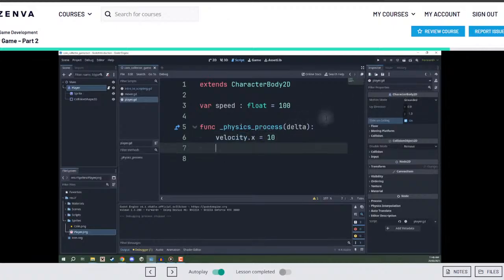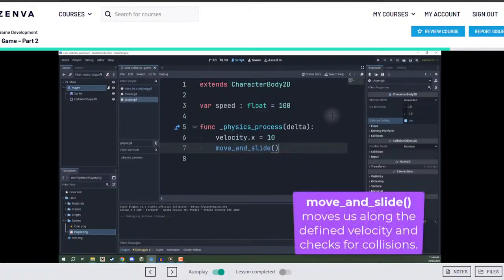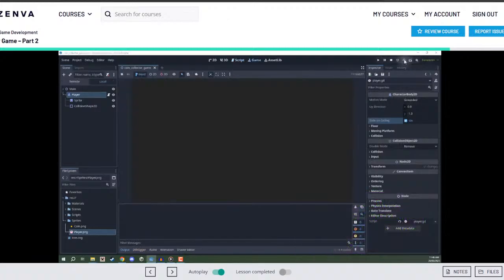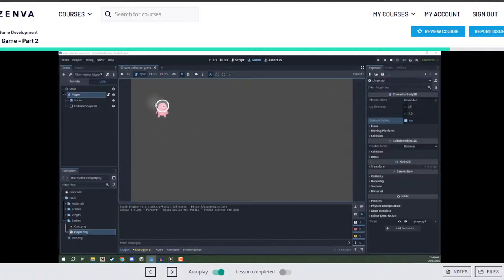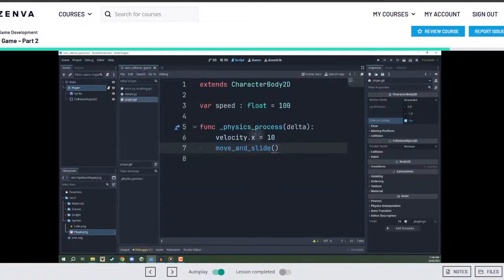So to move, what we're going to do is go to a new line and call the move_and_slide function. move_and_slide basically tells the CharacterBody2D node to utilize the velocity and move around. So now if I press play, you'll see that the character is now moving very slowly at 10 pixels per second to the right. Okay, so we're able to modify velocity,